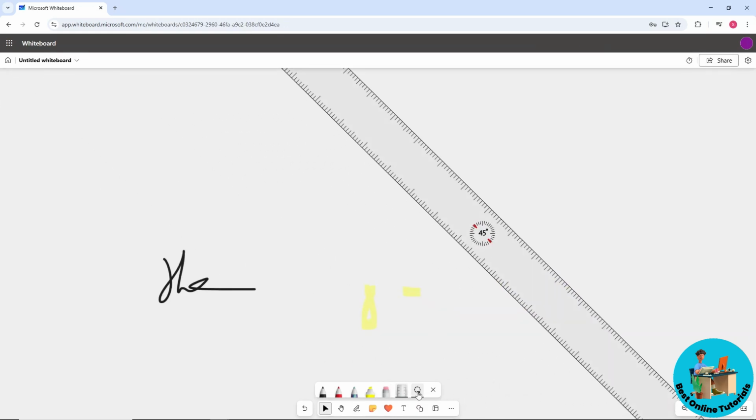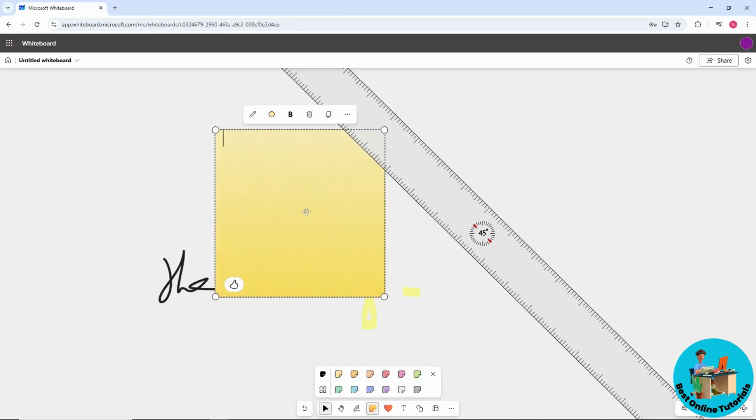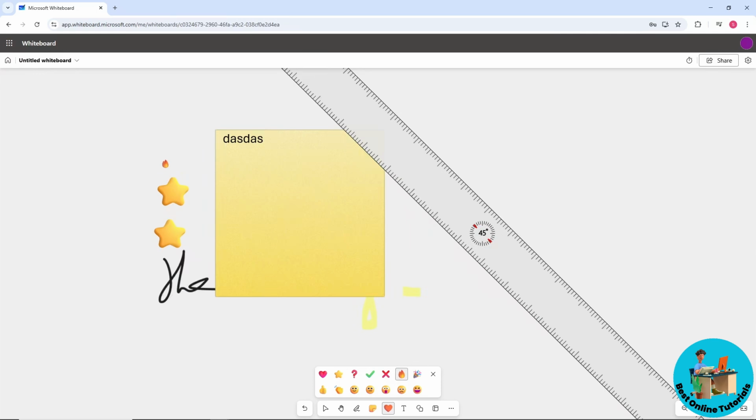And you will have the lasso select, and you can add a note as well. As you can see, we will have a note over here, and we could write out anything that we prefer. And now you will have the emoticons as well, which you can add as many emoticons as you prefer based